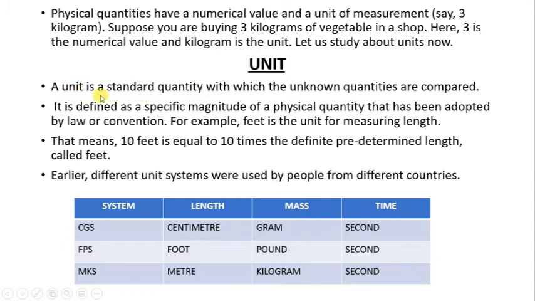So, unit is a standard quantity with which we can compare the unknown quantities. Unit is also defined as a specific magnitude of a physical quantity that has been adopted by law or convention. Unit is a specific magnitude of a physical quantity that has been formulated by scientists to use internationally, or the conventional units that we use